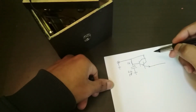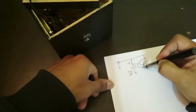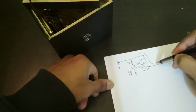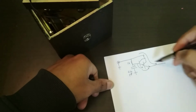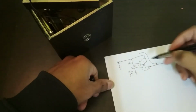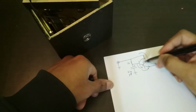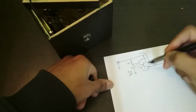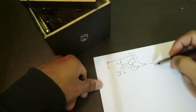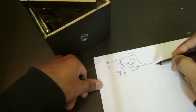And so you have one silicon drop, 2 silicon drops times all of the current supply for the entire amplifier. So that's a little over a volt times a little under an amp, so about a watt of power being dissipated in this transistor mostly. And so a heat sink is a good idea, a small heat sink. All right, so now this goes off to